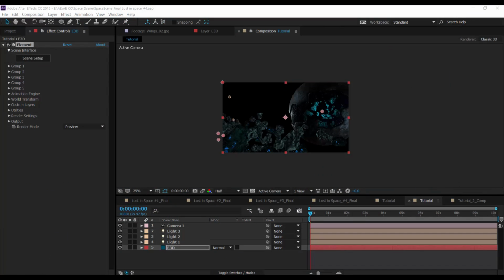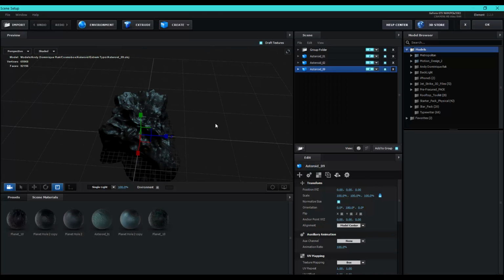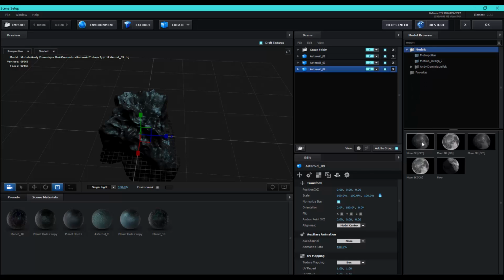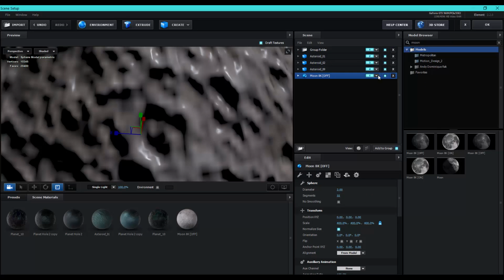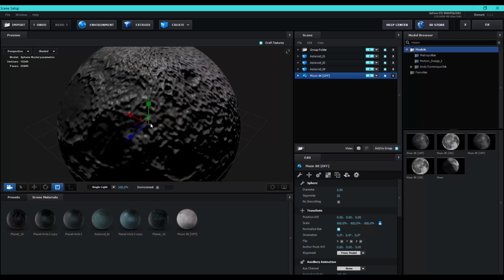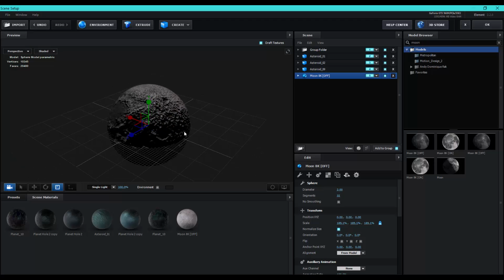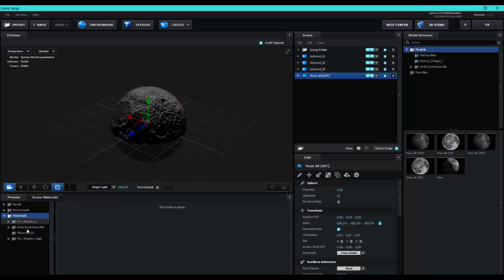Okay guys, so let's create our luminance planet. So go back to the scene setup and let's create. Okay, so here's the scene setup and let's choose moon and let's drag this here and let's put this into the group 5 and let's scale it down and let's apply another material.